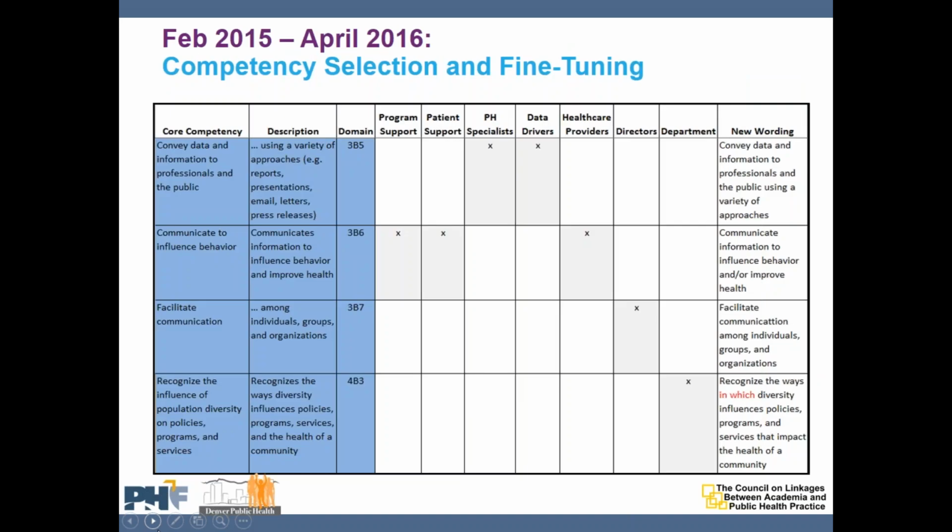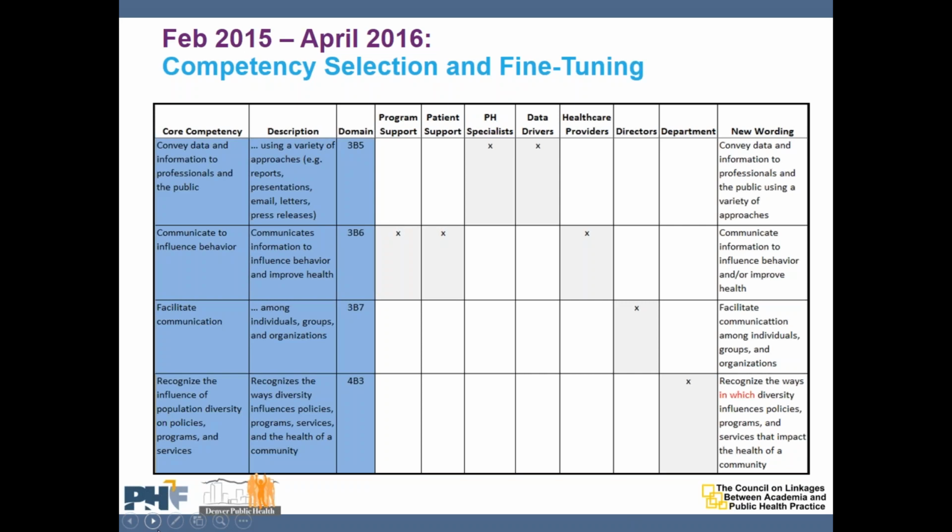From February 2015 to April 2016, we continued our conversations with representatives of each job classification to really fine-tune that wording around the competencies. So here in Denver, we started with all Tier 2 language, and then we evaluated through peer testing and peer review if the wording made sense to all of our staff. So this slide shows a screenshot of the Excel spreadsheet we used to track the revision process.